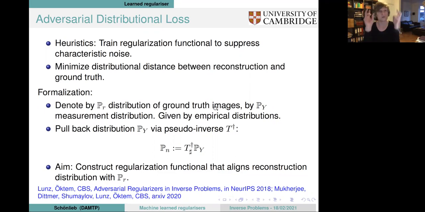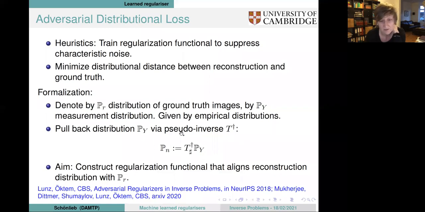And then I want the images that show all this noise and artifacts, and I'm creating them by first looking at the data distribution, the distribution of measurements, and then applying the pseudo inverse to all the samples in the distribution of measurements, and I'm creating this distribution